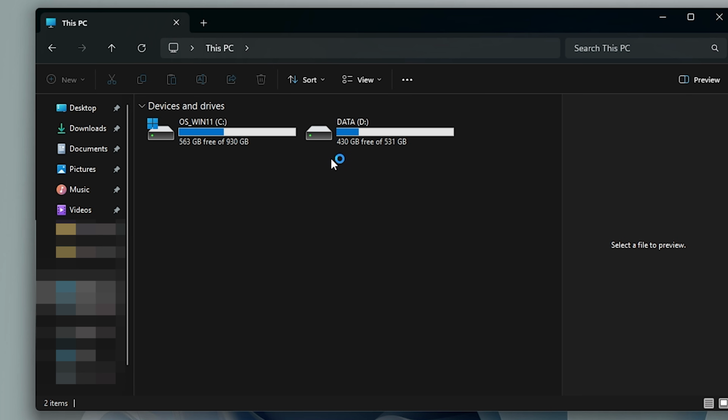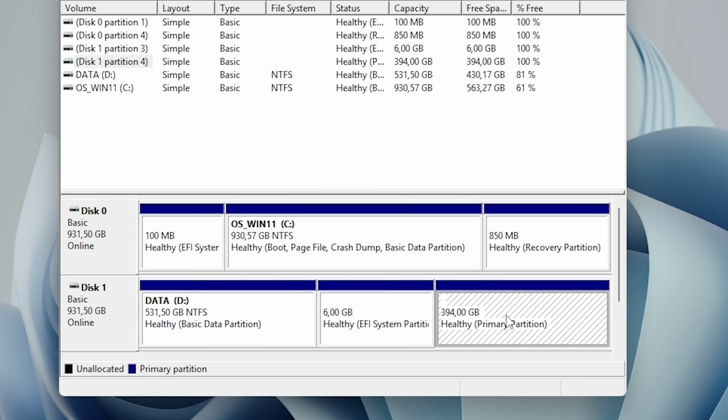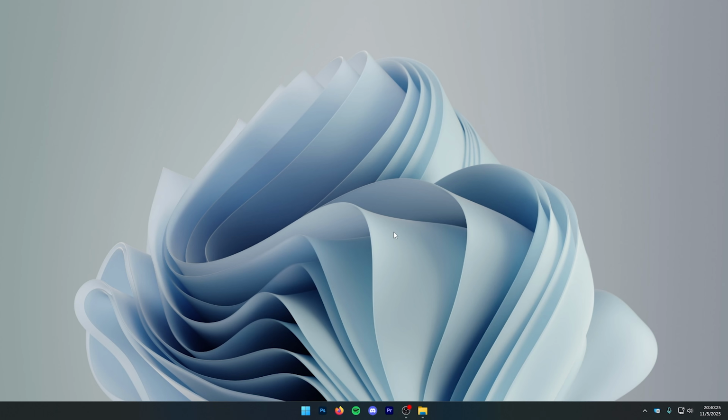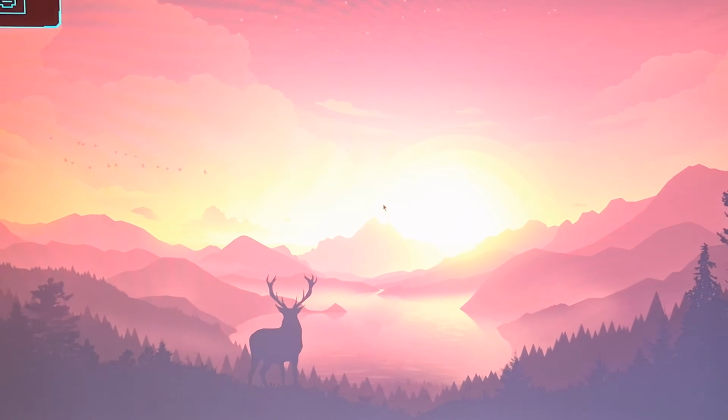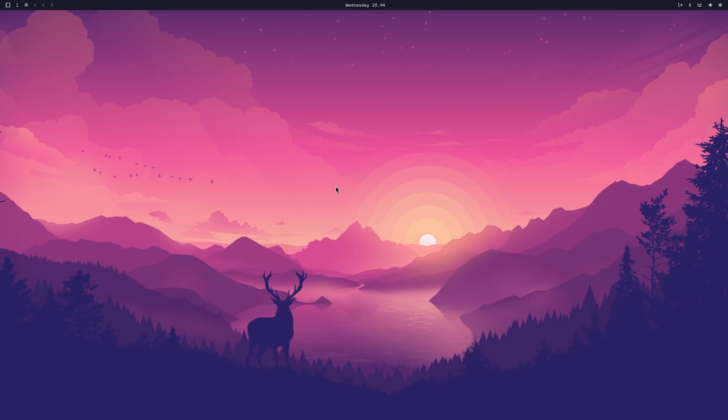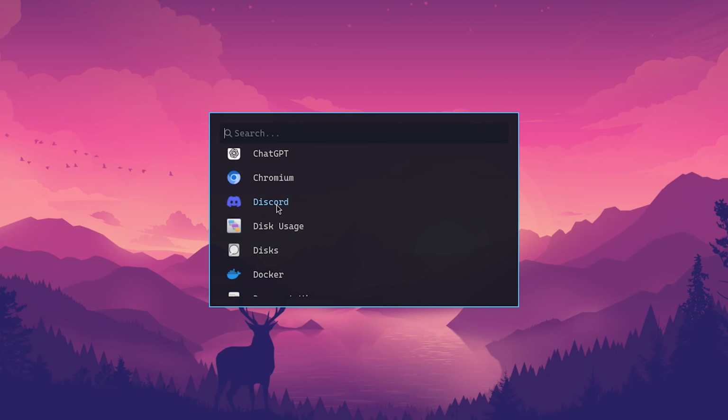If I look here, yeah, I have everything. Partitions are well set. So, Windows works. I don't know where my wallpaper is, but hey, it works. And now we're going to try Linux. Let's see if it actually lets us, because I don't know, man. Well, okay, that was faster than Windows, that's for sure. So now that we know that it works, let's explore what apps there are.